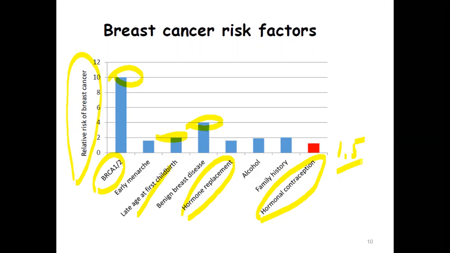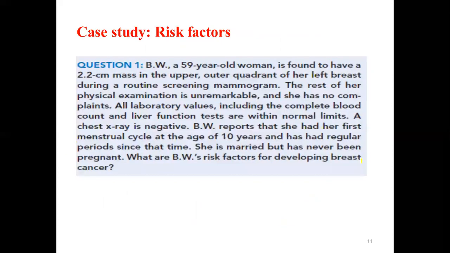That is why, if you look at the degree of risk, a BRCA1 or 2 mutation usually increases the risk of what? The risk of breast cancer. So this is very important information to note. That is why the American Cancer Society usually recommends that if someone has this mutation, they undergo frequent monitoring.